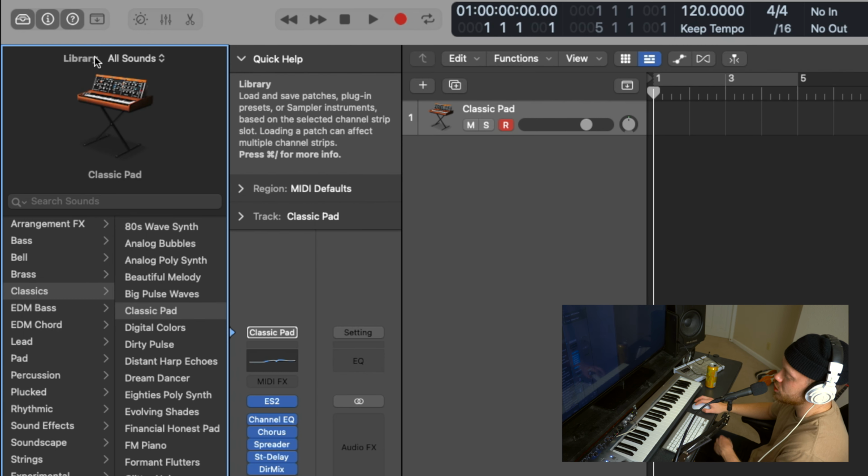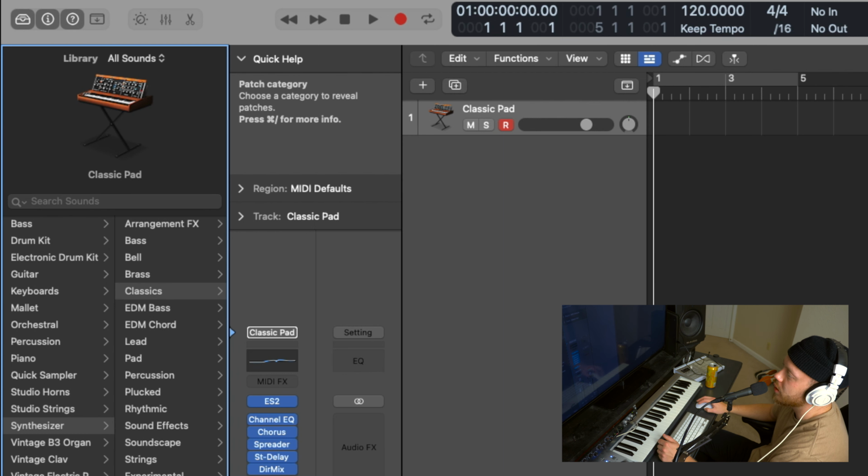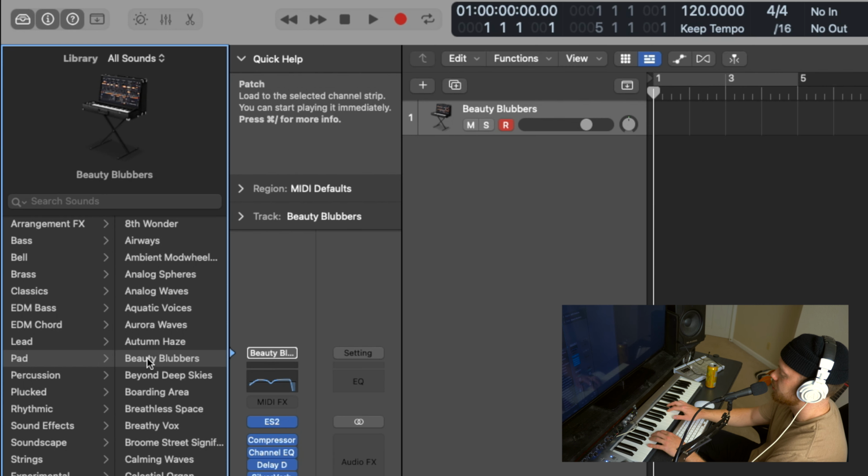I'm a big fan of the way this works compared to FL Studio, which is something I also use, but not as much anymore, just because I love being able to click through. You've got all these selections of stuff you can pick. You can just click,